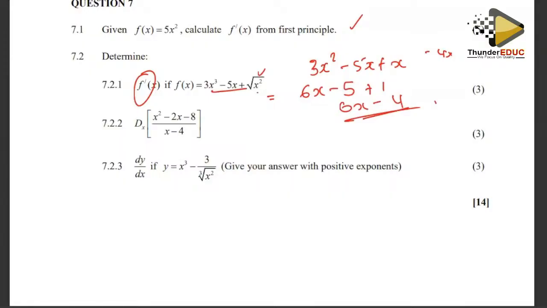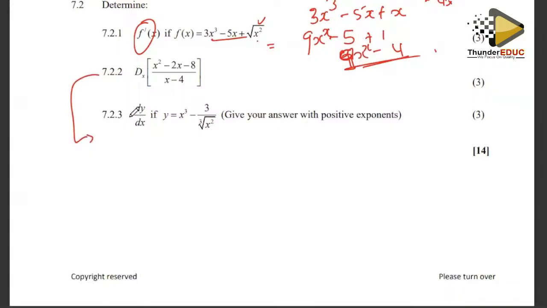Oops, this is a 3, not a 2. So if that is a 3, which means it's going to be 9x squared. Okay, so 9x squared minus a 4. All right, 7.2.2. We need to factorize what is on the top and then reduce, meaning that it's going to